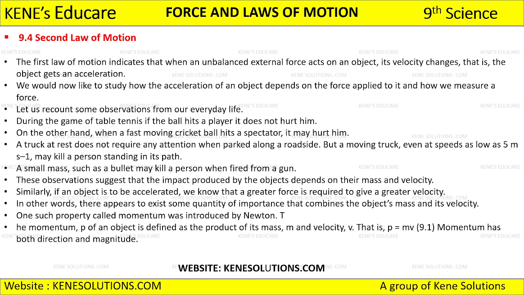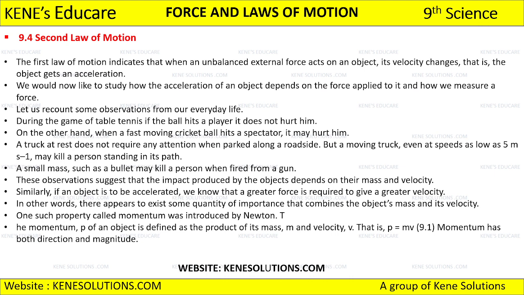But if the truck is moving even at a speed as low as 5 meter per second, it may kill a person standing in its path, right? The speed is so less, but still the truck, because it's moving, it can kill a person as well, right? So a small mass such as a bullet may kill a person when fired from a gun, right? So all this observation suggests the impact produced by the object depends upon their mass